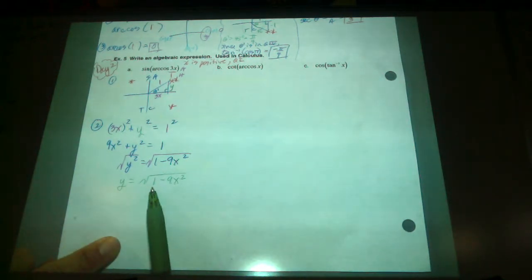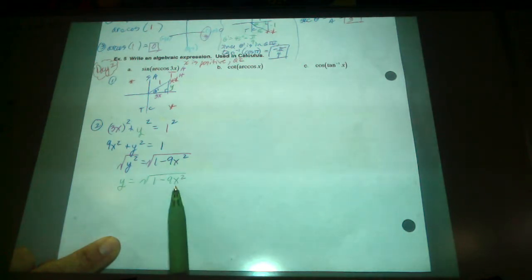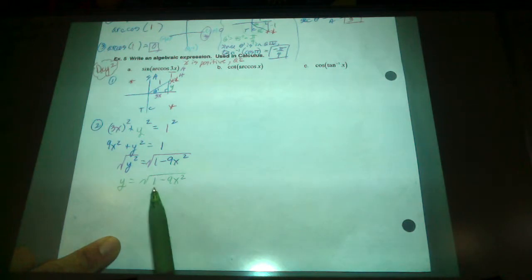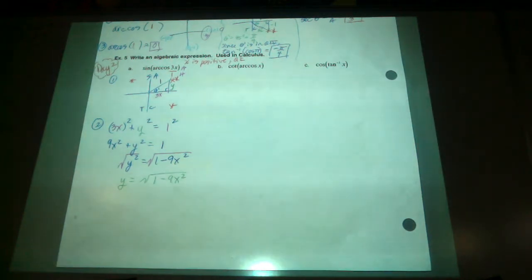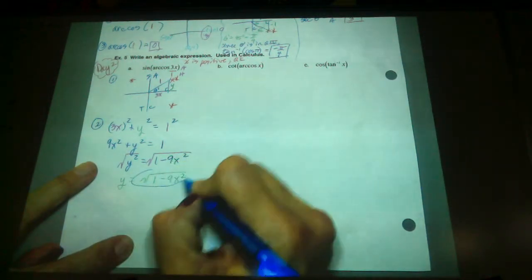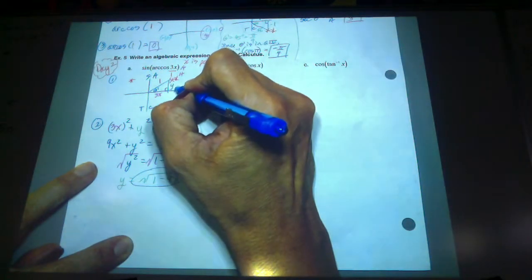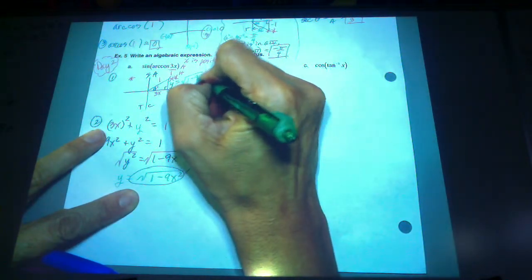I cannot take the square root of 1 and the square root of 9x squared and then subtract them. It doesn't work that way. This factors as 1 plus 3x times 1 minus 3x. It is not a perfect square underneath it. So that's fully simplified. This becomes the value up here for that side. So that's how we end up with y equaling the square root of 1 minus 9x squared. Now that I have all 3 sides,